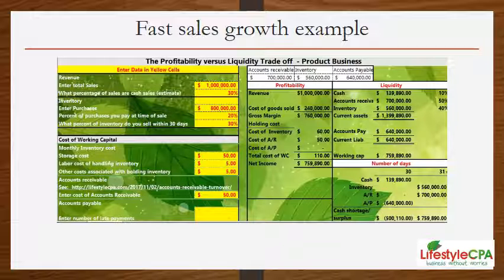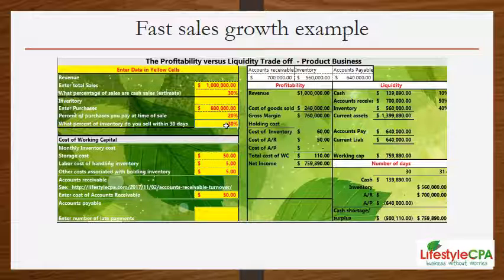Let's see what happens when a business is growing too fast. So let's say this business here grew from 100,000 to $1 million in a year. Because of the fast growth, they don't have as much time to collect on their sales. That's when the first thing that happens is when they're growing really fast, they're not really paying attention to working capital. So accounts receivable might be going up. And so even though sales is going up,